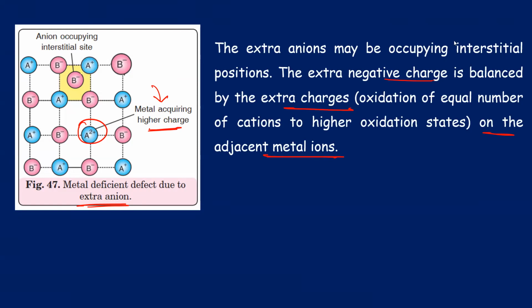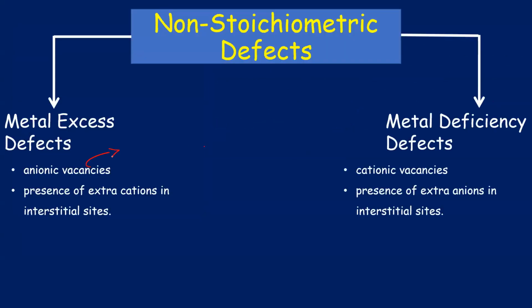Here we have the extra anion, and that is also balanced by a higher positive charge. The thing you have to remember: you already have names here, anionic vacancy and cationic vacancy. Anionic vacancy suggests there will be fewer anions, but how are they balanced? By electron. You have extra cation at interstitial sites, and how will that be balanced? By electron. Cationic vacancies, you will have fewer cations. How will they be balanced? By a higher charge